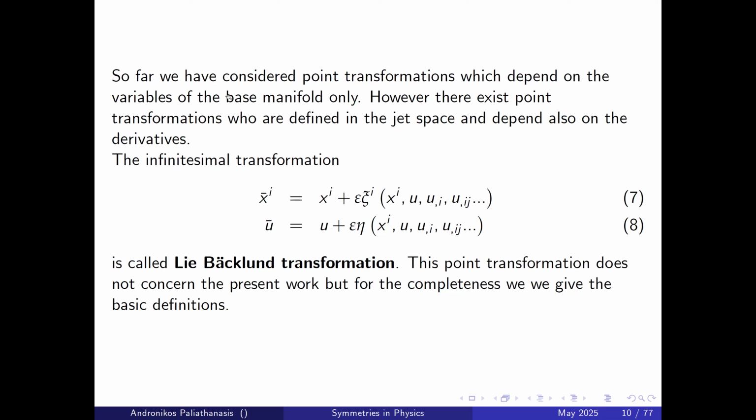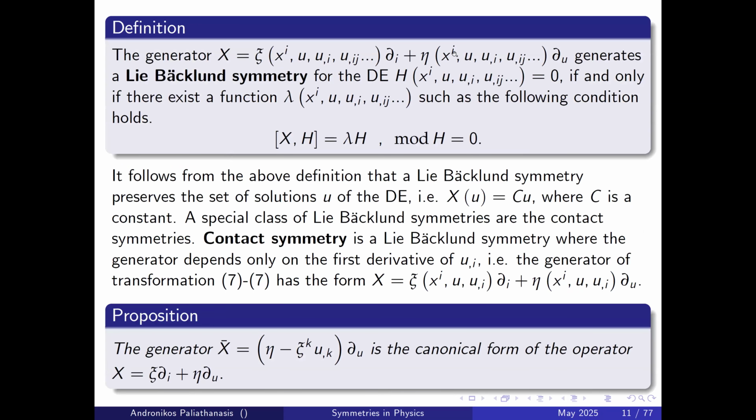Now, so far, we have considered point transformations which depend on the variables of the base manifold only. However, there exist transformations which are defined in the Z space and depend also on the derivatives. The infinitesimal transformation, which is defined in the Z space, where you can see the functions xi and eta depend on the derivatives, is called a Lie-Backlund transformation. This does not concern the present study, but we present it for completeness and the basic definition. So the generator of the Lie-Backlund transformation for the differential equation, this one, H,